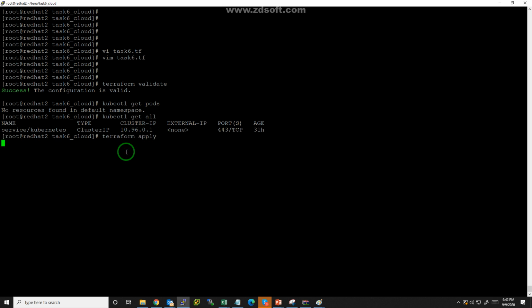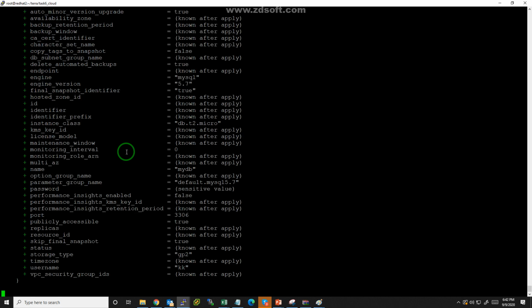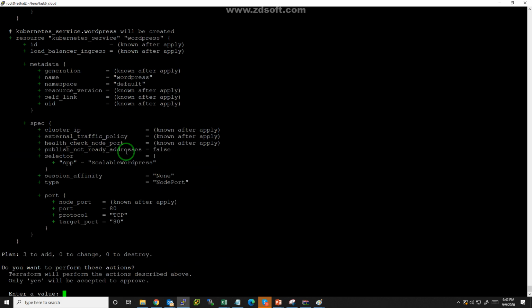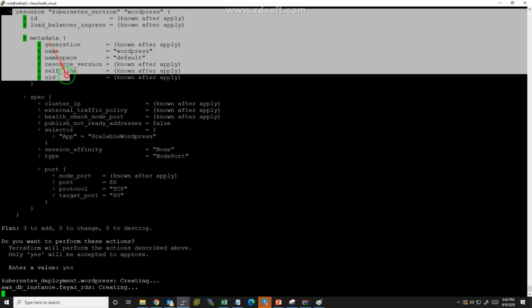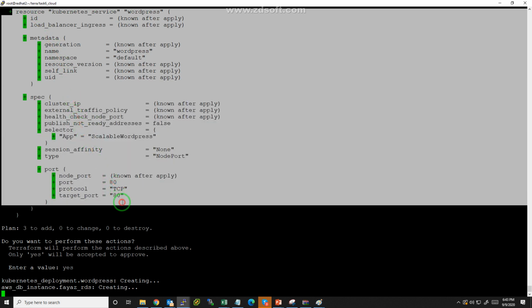So terraform apply is the command to launch your code over the cloud, over the local system. It will run within a few minutes, and it will take a little bit of time because we are making a cluster, launching Kubernetes pods with the deployment, and then we will go for the RDS. It's asking yes, so I'm just writing yes. You can see that it automatically defines everything here. You can see all the things which you have.